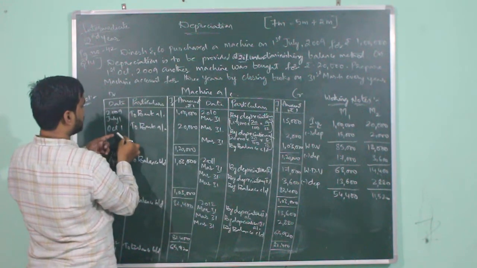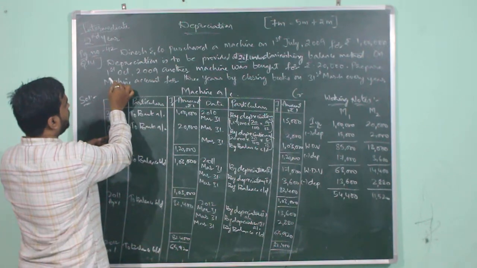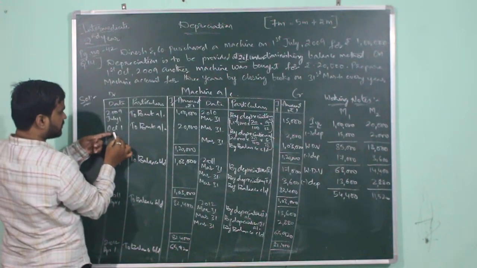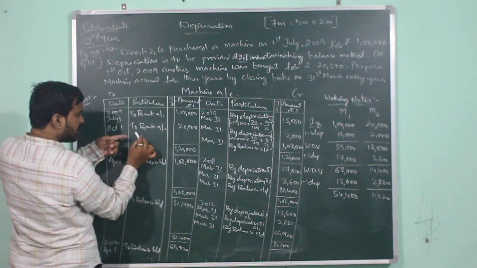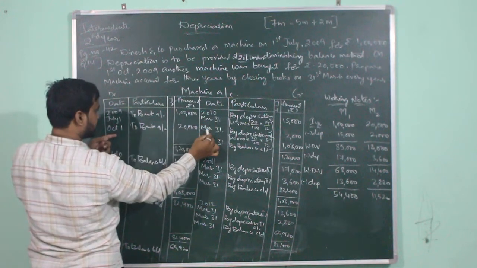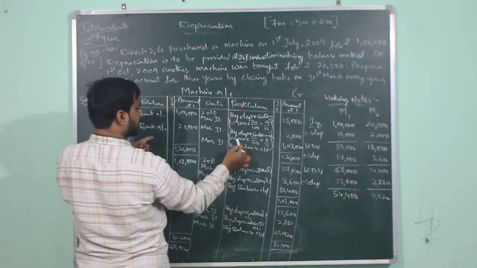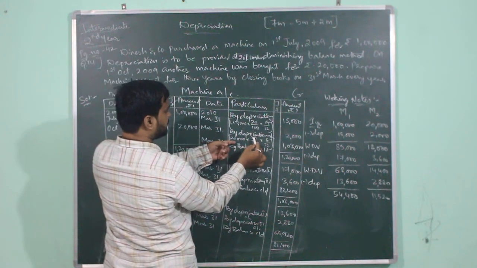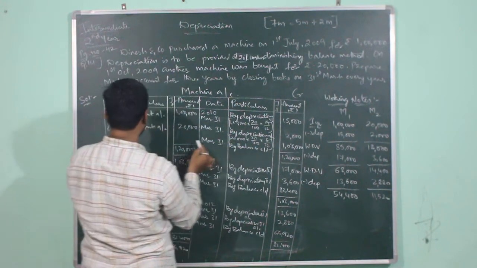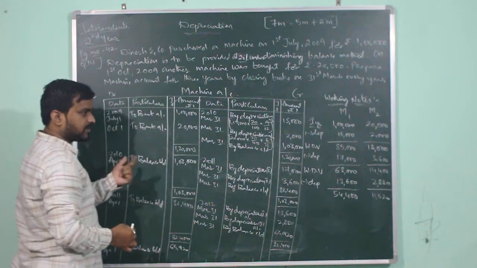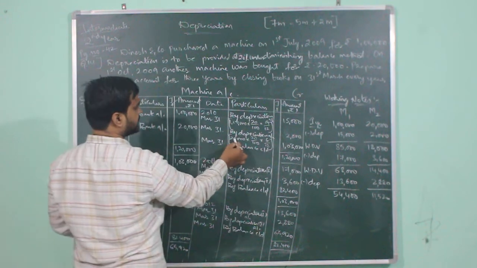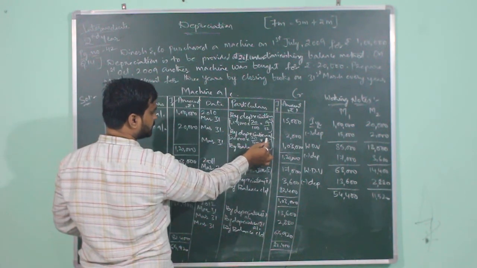Again they have purchased a machine on October 1st 2009. Here it was given as on 1st October 2009 another machine was bought for rupees 20,000. So in the same financial year, on October 1st they are purchasing another machine for 20,000. So again it will be recorded as to bank account 20,000, and this financial year will be ending again on 2010 March 31st. So again they will be providing depreciation on the second machine 20,000, and the rate of depreciation will be 20%. So 20% of 20,000 will be 4,000, but the calculation will be only for 6 months from October to March: October, November, December, January, February, March. So here it is written as 20,000 into 20 divided by 100, 4,000 into 6 divided by 12,